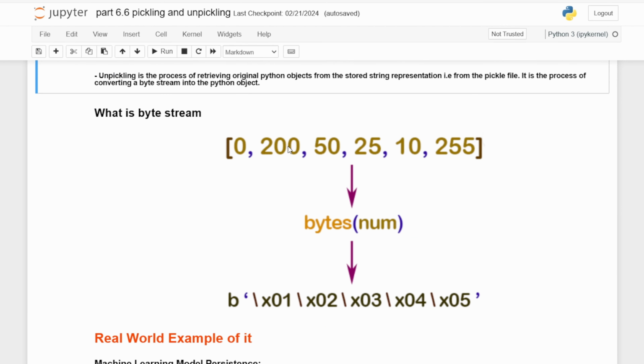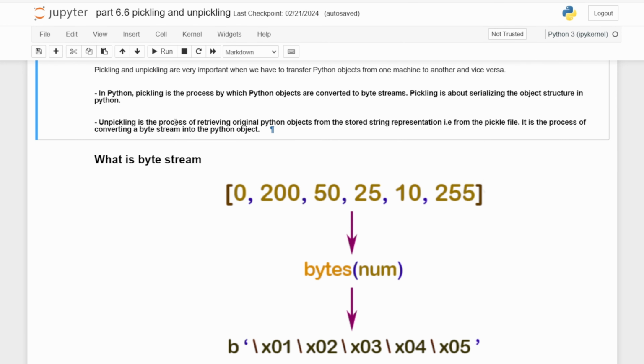So guys, you can see here we have the list. We are converting the list into a byte stream, right? You can see it is the byte code of this list. So we converted this list into bytes. This process is called pickling, whereas unpickling is the process of retrieving the original Python object from the stored